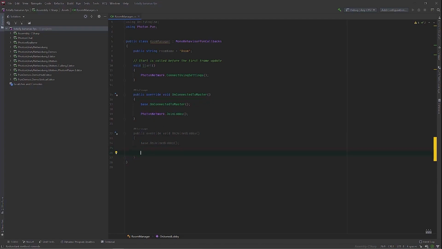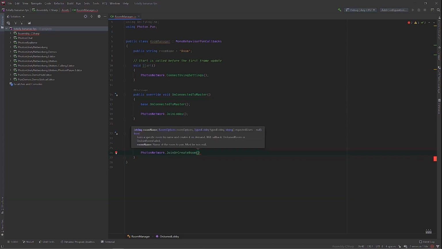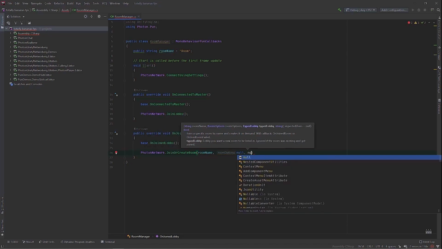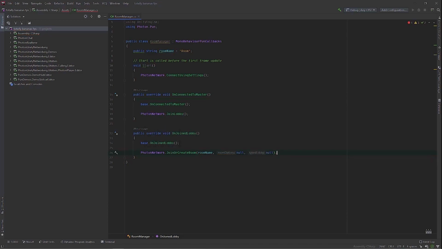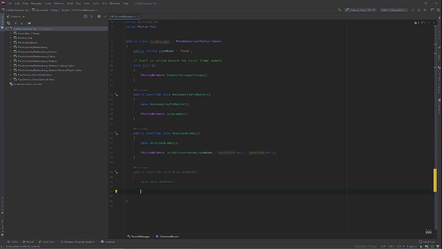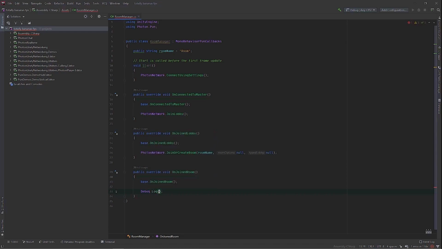In this function, we're gonna firstly do PhotonNetwork.JoinOrCreateRoom. So if there's no room by the name of room, we're going to create a new one, and if there already is one, we'll just join that one anyway. And one final method, OnJoinedRoom. So in here, we're just gonna have a print statement, and we'll say we're connected and currently in a room.